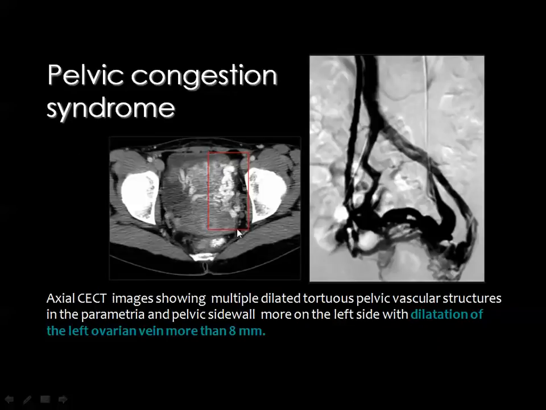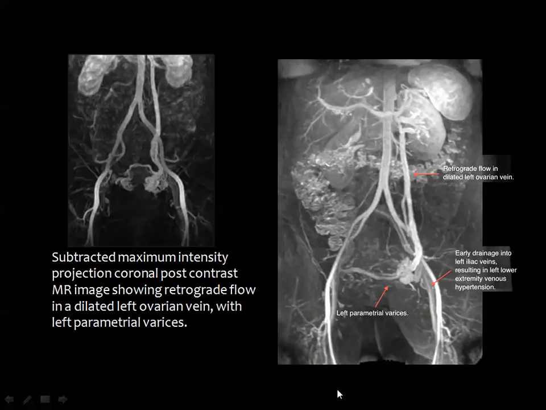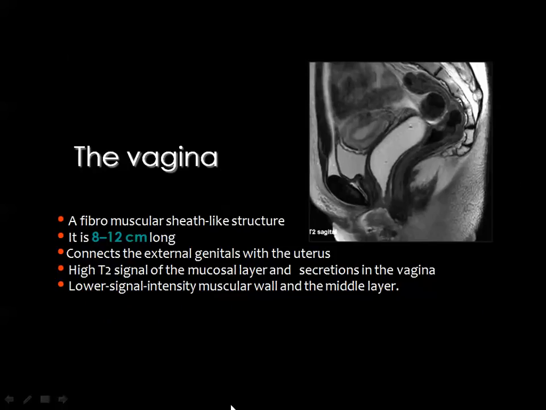Then this is pelvic congestion syndrome with dilated tortuous veins by this contrast enhanced CT image, and this is by the retrograde venogram. This is by MRI, a coronal post-contrast MR image showing the retrograde flow in the left ovarian vein with dilated collaterals in the pelvis. Then we came to the last issue, which is the vagina, and this is a fibromuscular